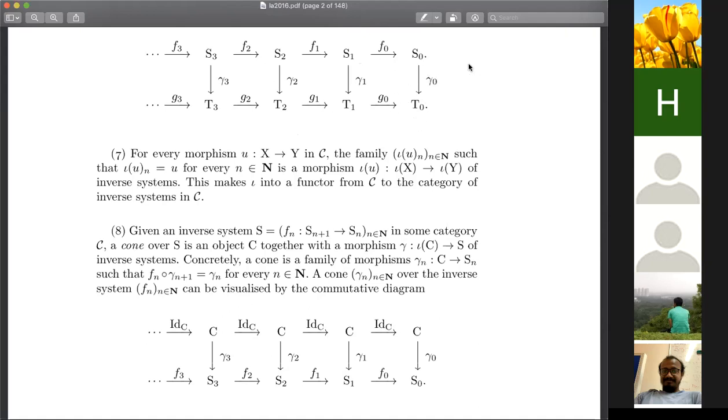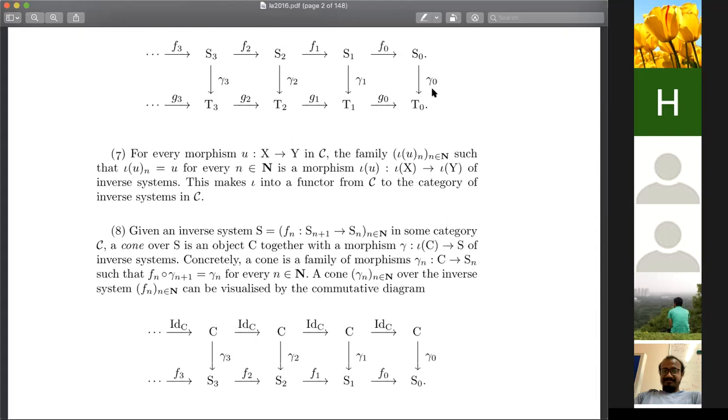The commutativity of the square means that these two elements are the same. Gamma naught F0 of X is the same as, no, this is G0 of gamma 1 of X. So not only should the first square commute, all the squares should commute. That's when you say that this is a